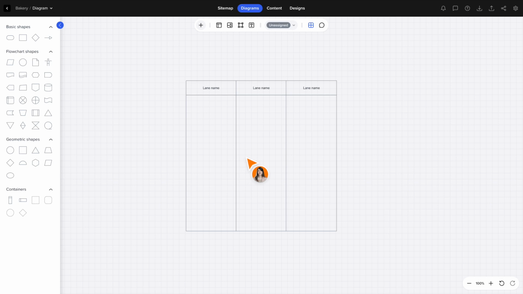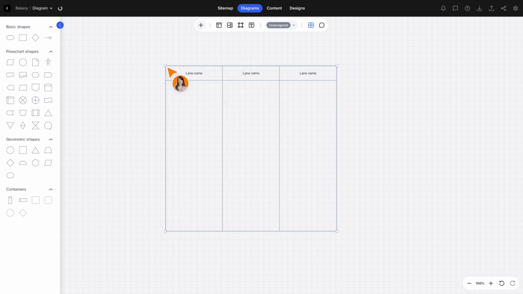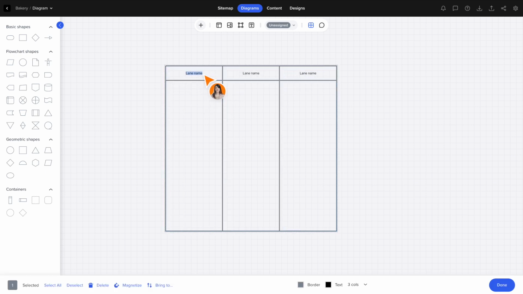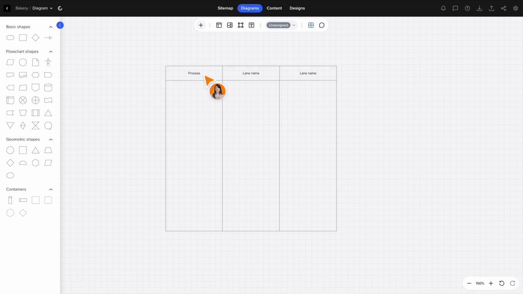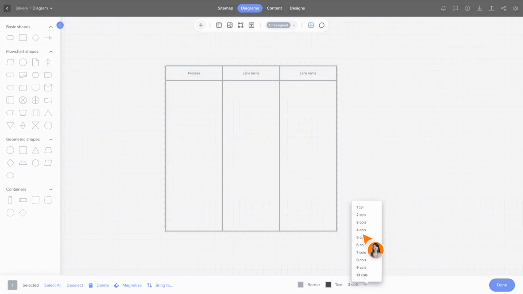Now, let's modify your swim lanes. To resize, simply drag the corner squares to adjust the size. Double-click on the label text to edit the labels and type in your custom label. Need to add or remove rows and columns? Click on the container edges, then use the drop-down menu at the bottom to select the number of rows or